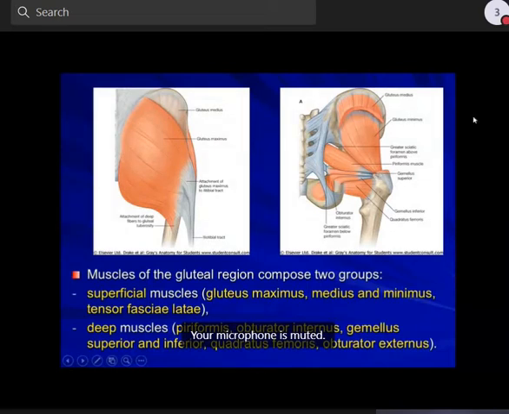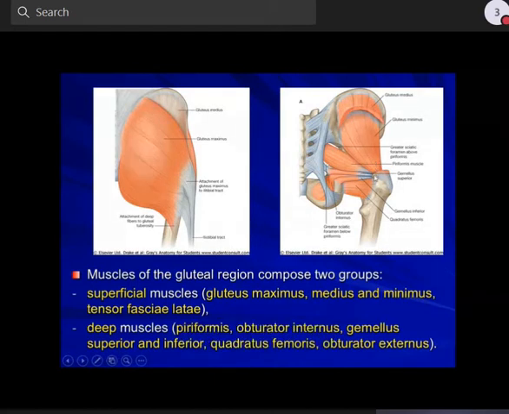The anterior parts flex the hip and rotate the femur medially, so are responsible for intorsion and flexion. Contrariwise, the posterior fibers of both the gluteus medius and minimus